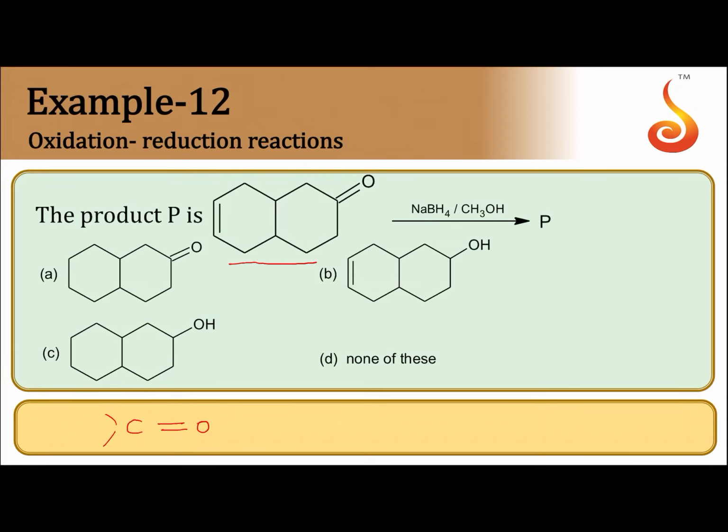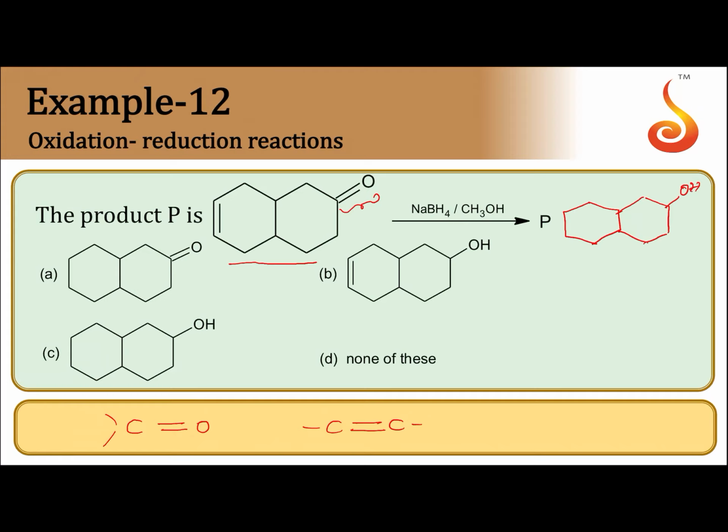But it can reduce only the carbon-oxygen bond. Sodium borohydride and lithium aluminum hydride reduce only C=O, but not C=C. It means unsaturation will not get affected with sodium borohydride. So what is there here? This compound should be converted to,